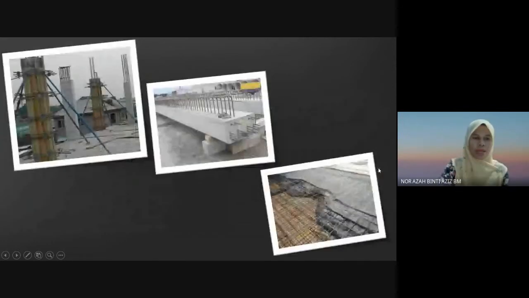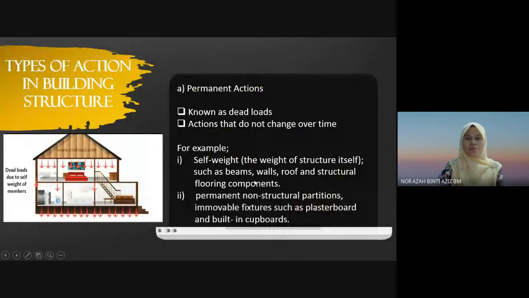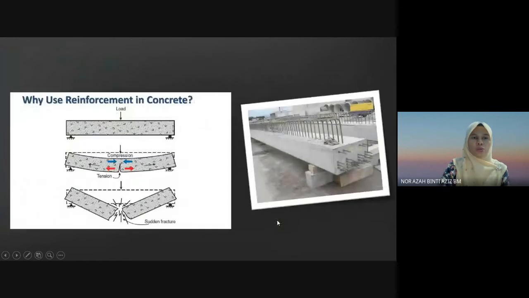Okay, back. So the self weight of the structure itself is a dead load. Another dead load is permanent non-structural partitions and immovable fixtures such as plasterboard and built-in cupboard. Okay, next we go to